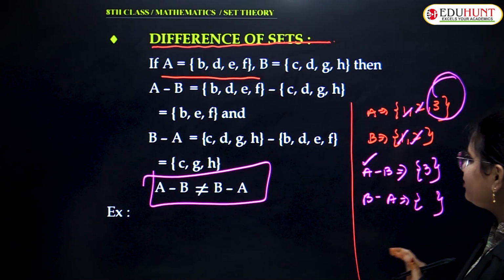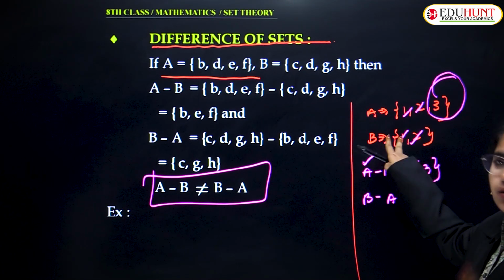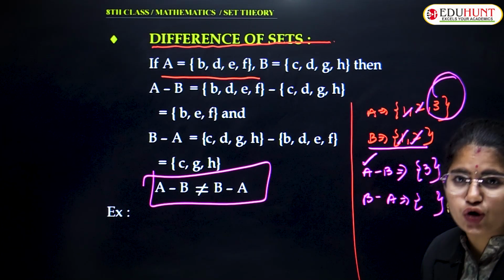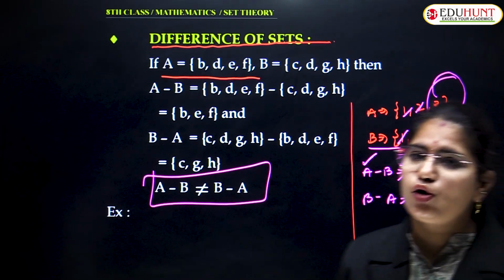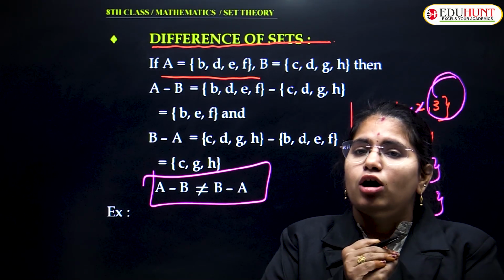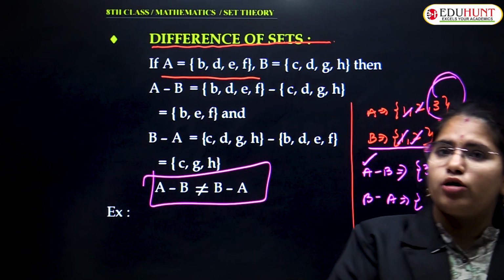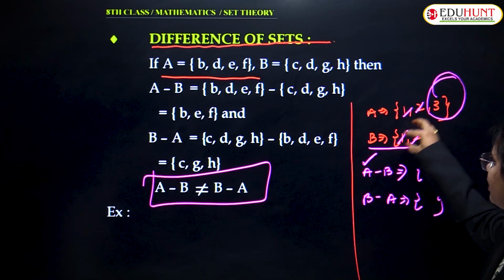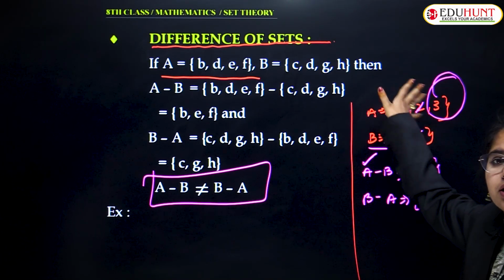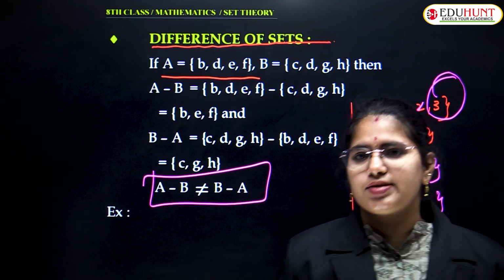దీని నుంచి మనం అబ్జర్వ్ చేస్తే, so what is the main set? B is a subset of A, correct? B is a smaller set than A, yes or no? You have to agree with my point. B is a small set because A is having all the elements that are in B. B లో ఏవైతే ఎలిమెంట్స్ ఉన్నాయో 1, 2 అవి A లో ఉన్నాయి. So A is nothing but the main set, right? This is the concept we have discussed in subsets and supersets.